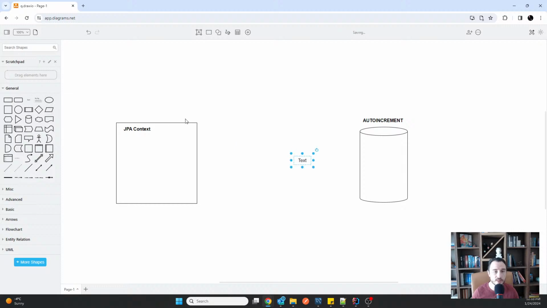So for example, your B2 is outside of the context, and then you want to put it in the context. So it's not in the database, but it's outside of the context. You put it in the context. That's a merge.